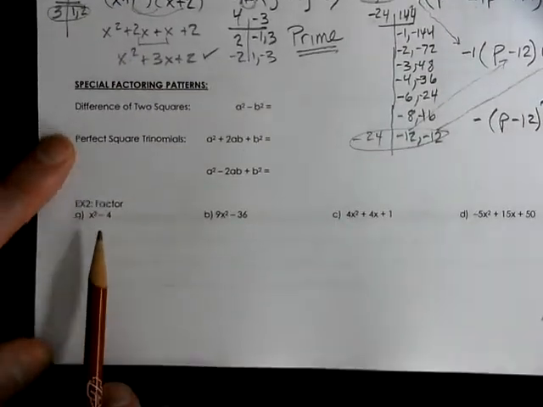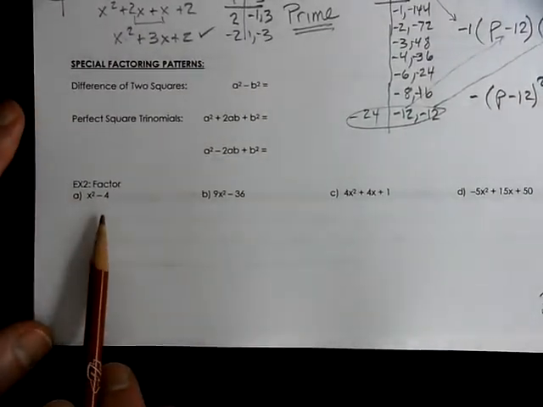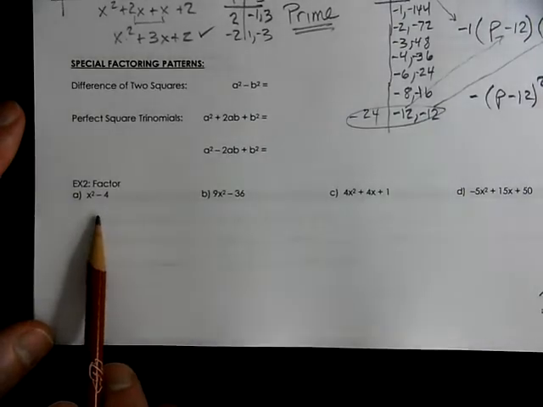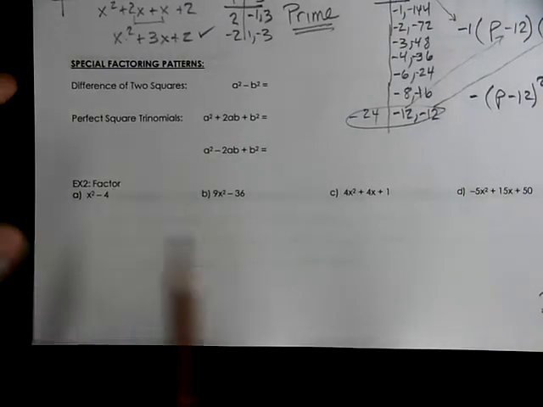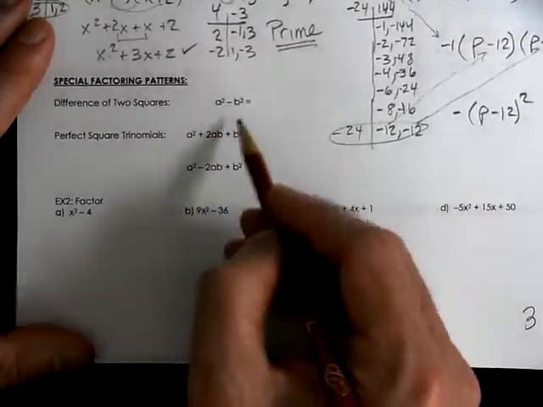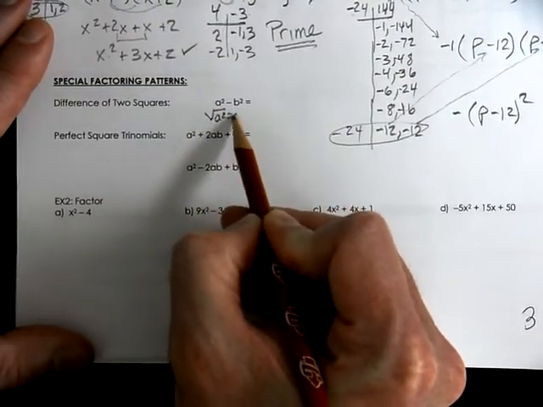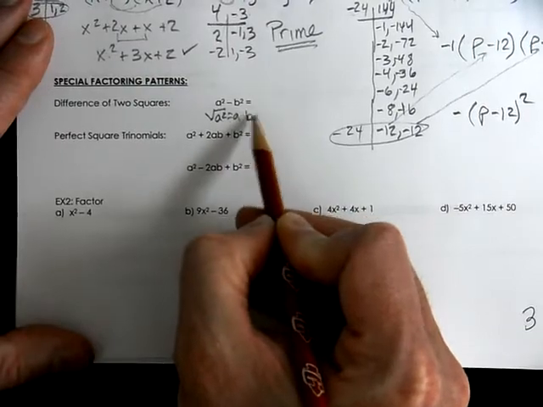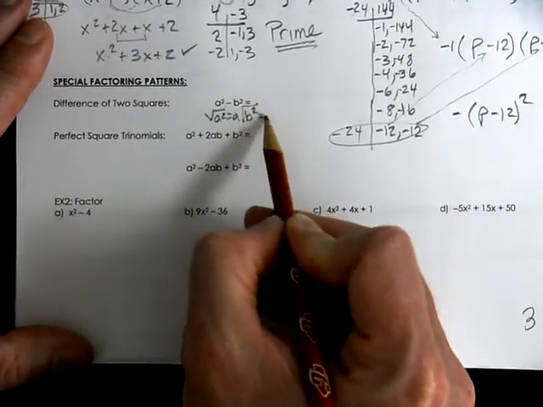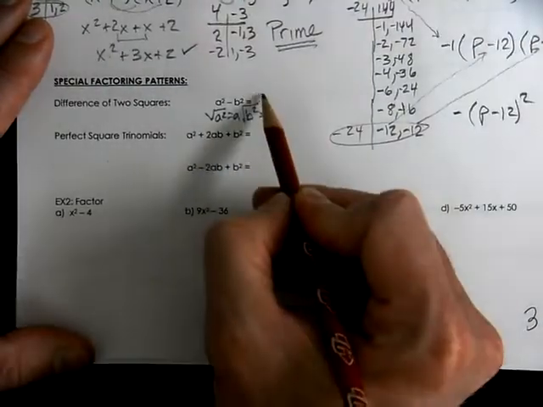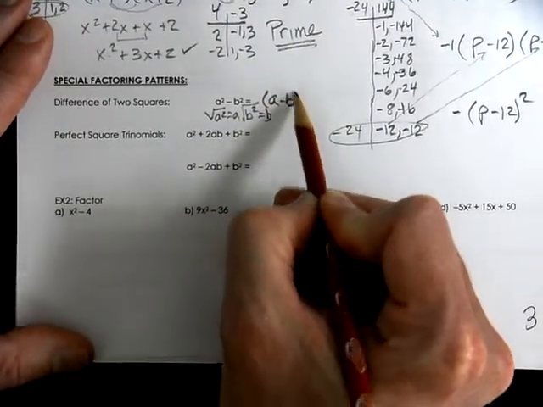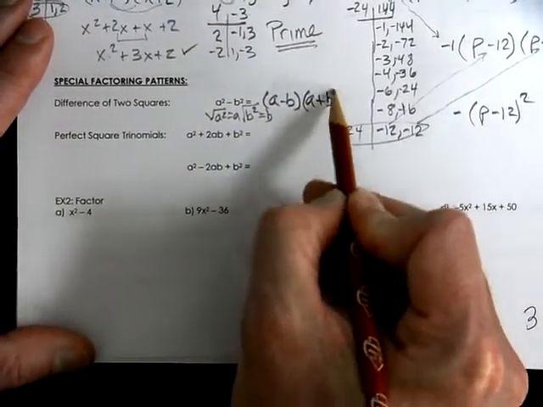We don't typically use tables to help solve this, to help factor it. It's not solving, it's factoring. So the rule is, if you can take the square root of the first term, and if you can take the square root of the second term,